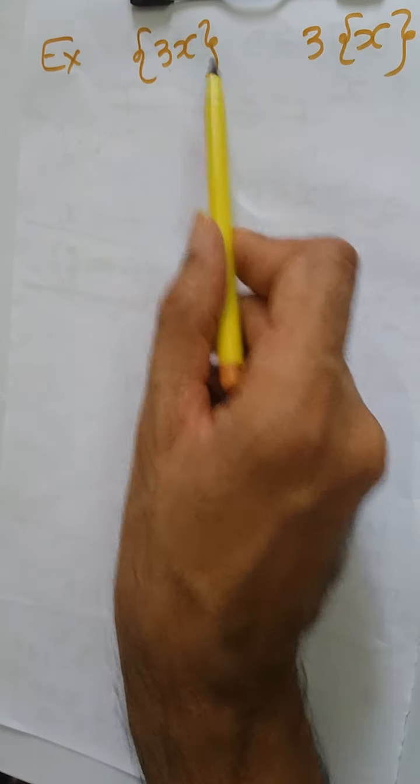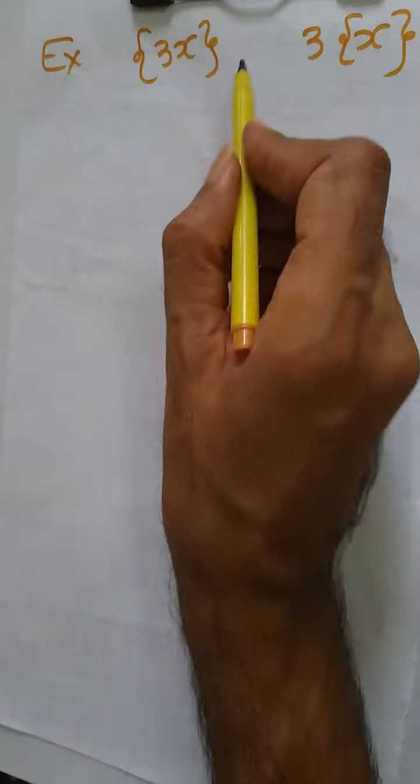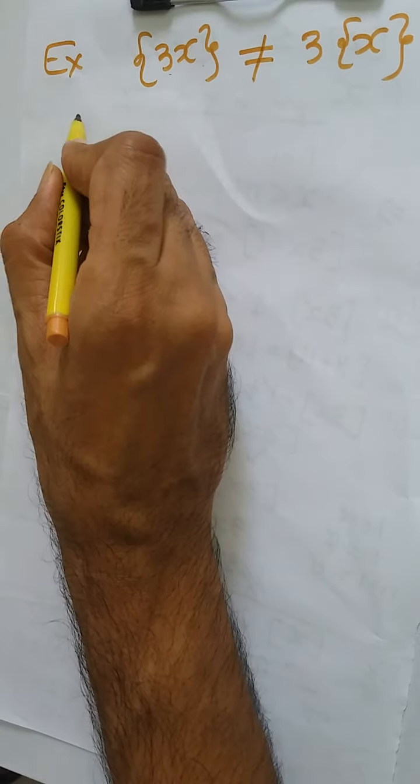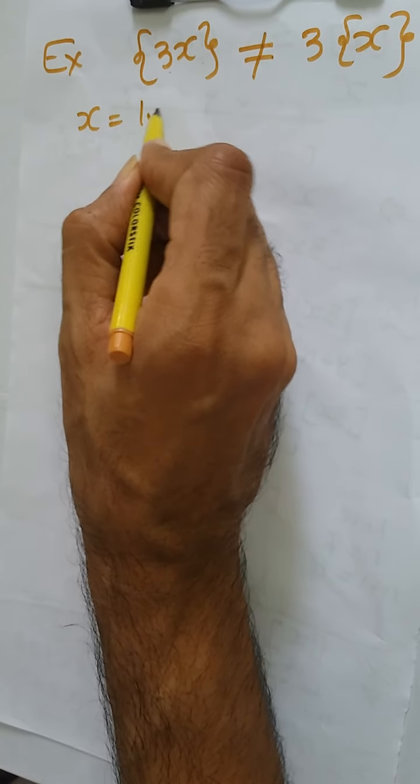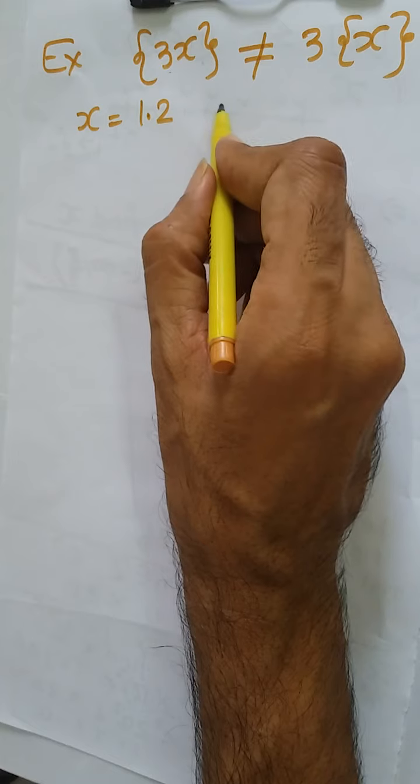Okay. In the last example, we used 3x and x. So can we write this? Can we take 3 out? Yes or no? Just think for x as an integer and non-integer. Can we generalize this? So the answer is no, because if you take x equal to 1.2, this becomes 3.6